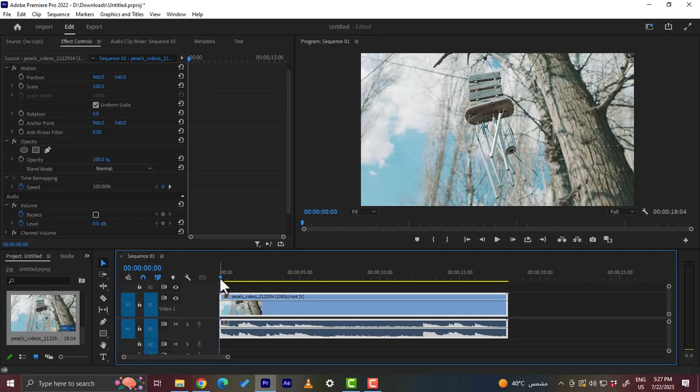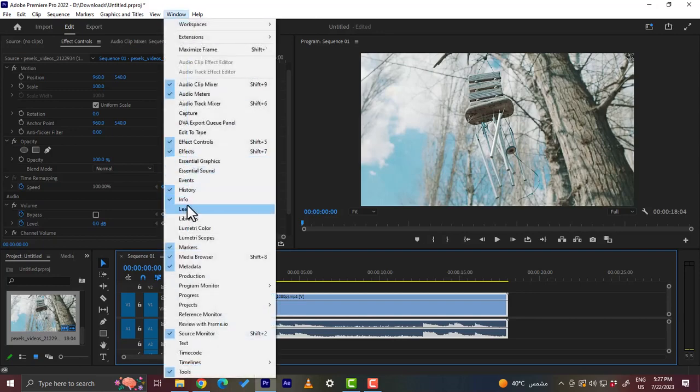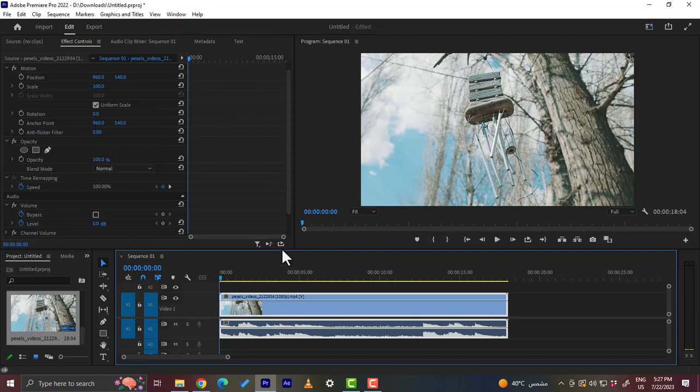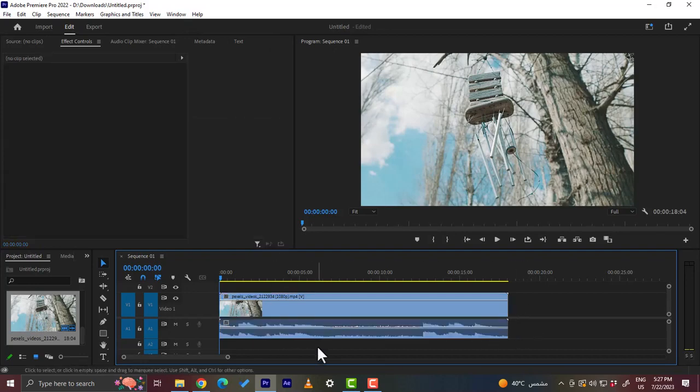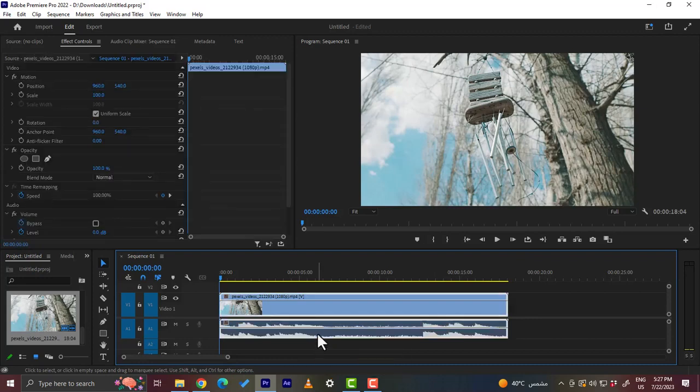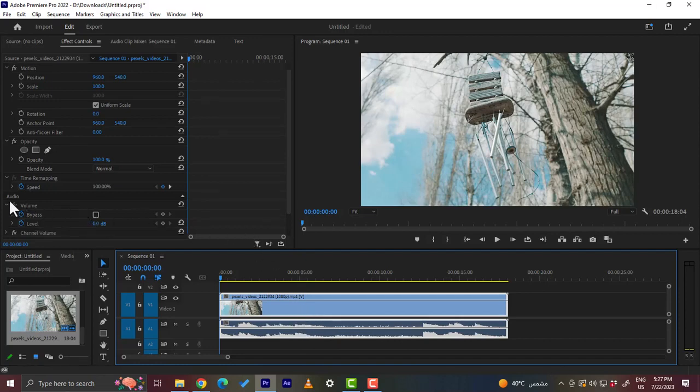Now to do so, head to the Effect Controls panel. If you don't see it, go to Window and make sure the Effect Controls is checked. Now, here the video and the audio are connected. If they are not, and you want to do this to an audio file, just press on the audio file itself. Now, with the audio file, or in our case, the video selected here, go to the Audio section here